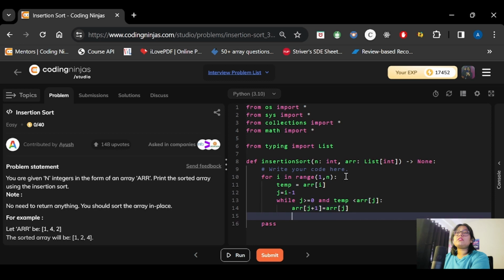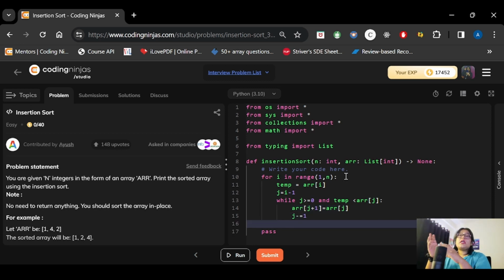And now after this, the j will be reduced, and what I was saying, that once we move out of the loop, we will be inserting the temporary variable value at j plus 1, right? So we will do the same here. The temp will be inserted at j plus 1, right?